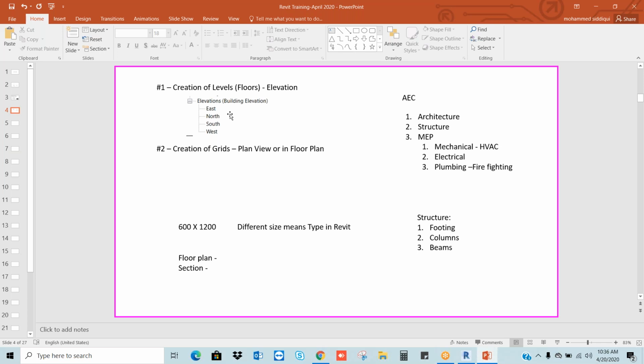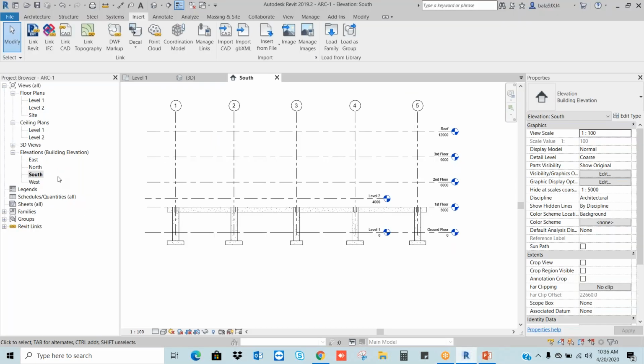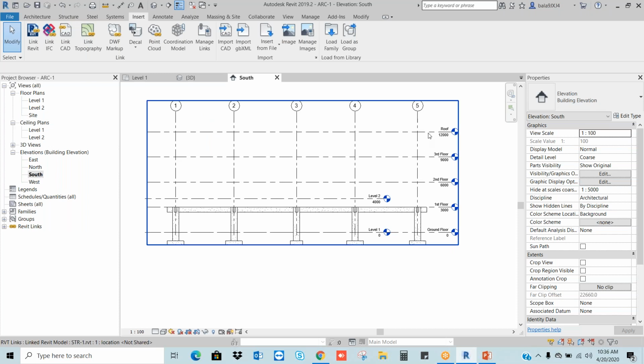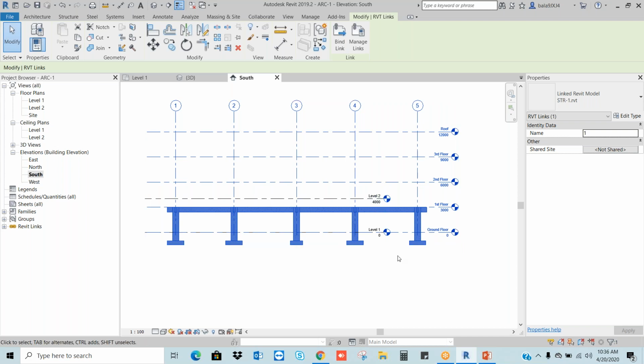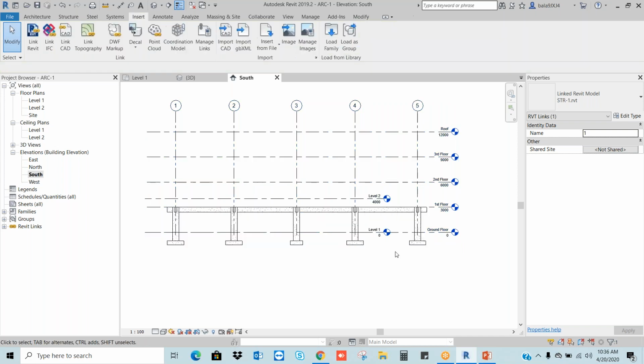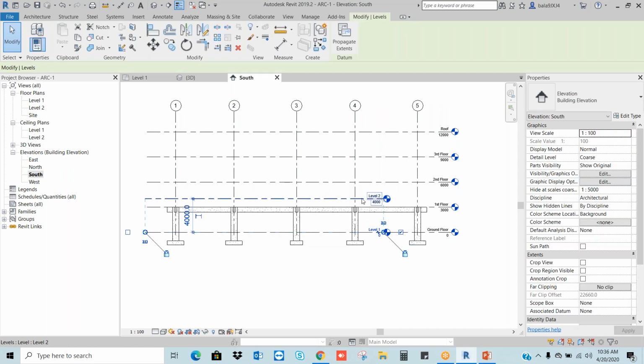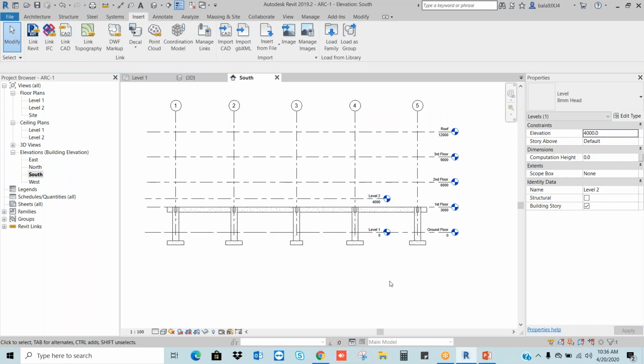Correct? To create the levels, I want to go to any one of the elevations. Here I am going to the south elevation. According to the levels which are available in the structure model, I want to create the same levels in the architecture. By default, we will get 2 levels.